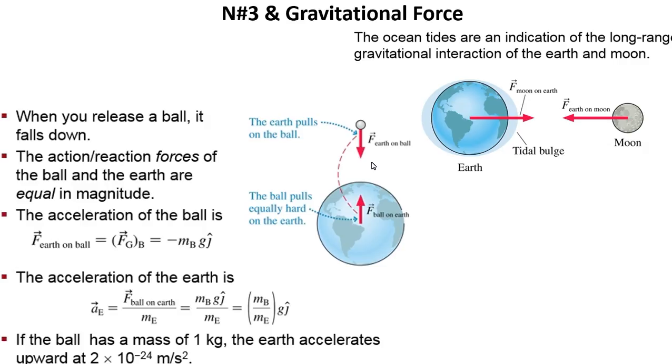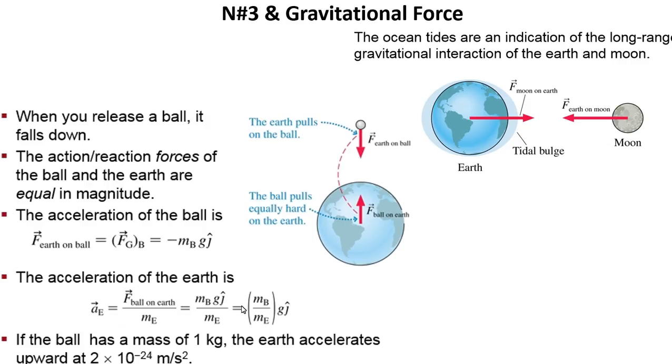So another example is a ball that is falling towards the Earth, and so the ball will accelerate towards the Earth because there is a force of the Earth on the ball, but reciprocally there is a force of the ball on the Earth. So the ball pulls just as hard upward on the Earth as the Earth pulls downward on the ball. And although the acceleration of the ball downwards is the little g that we talk about in class all the time,